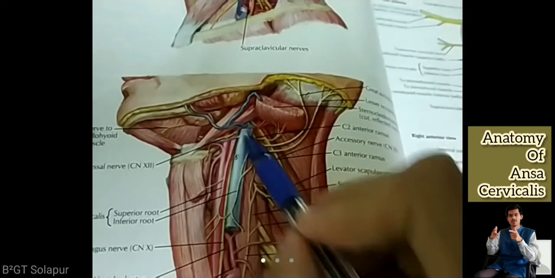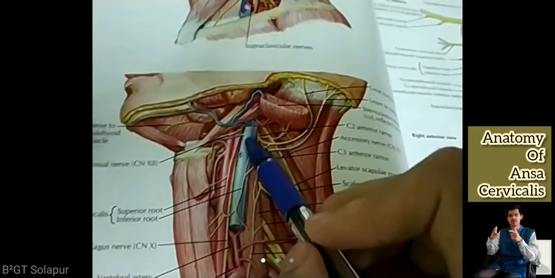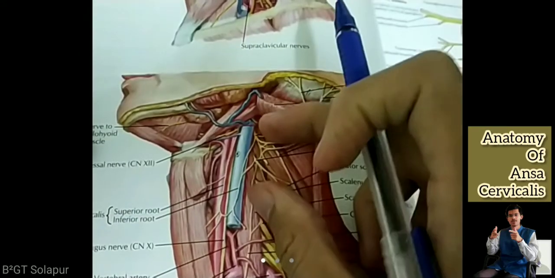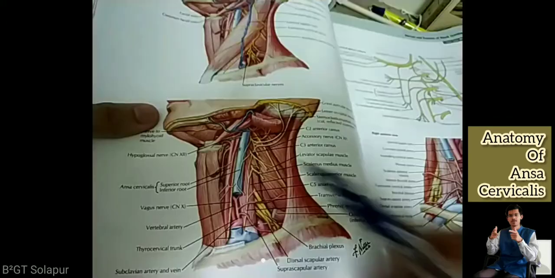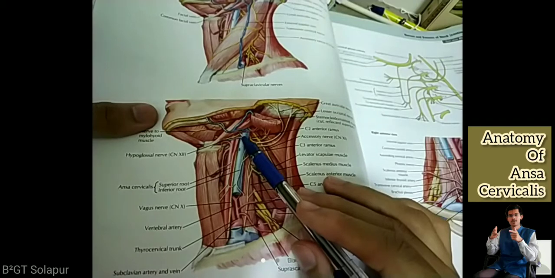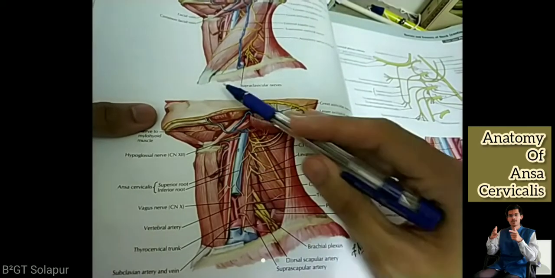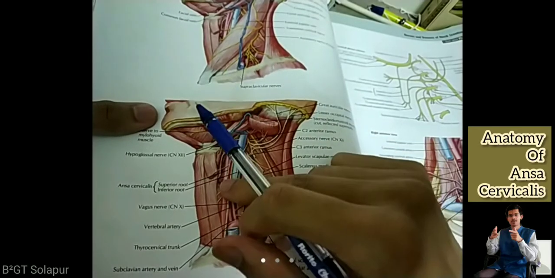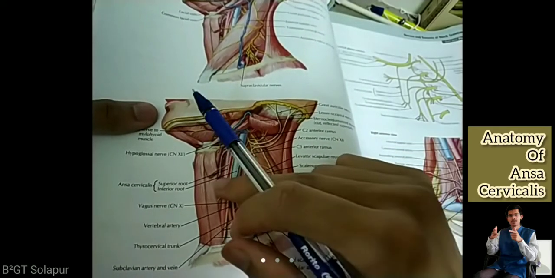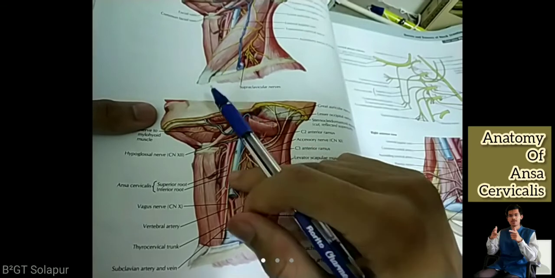Okay, see why superior, inferior? See, their names have come from this. This cervical plexus is positioned below as compared to the hypoglossal nerve. So if you see, this hypoglossal nerve is positioned superior to the cervical plexus. So the root coming from it is the superior root. This is the ansa cervicalis, which is ansa cervicalis proper, and this is the inferior root.